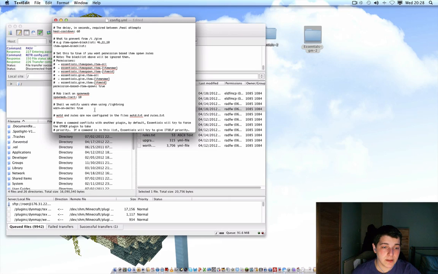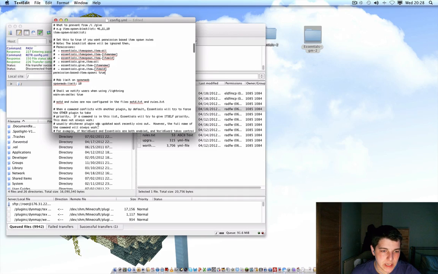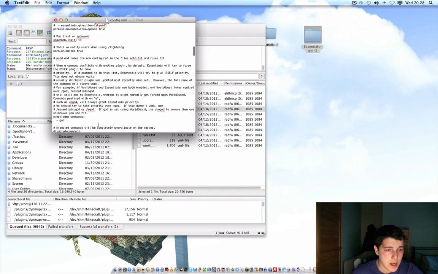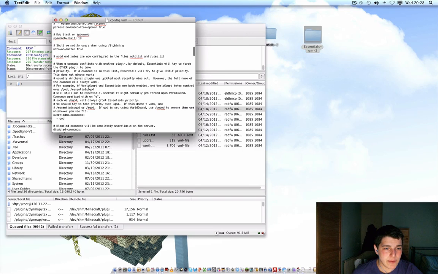The warn on smite is, say when you do /lightning and then you try it on a player, I think it knocks half the health off the player you do it to, and all that does is say, for example, Jadley1 has been smited. That's it. Pretty not important, I never use that, but all my admins and owners start to use it for some weird reason. Right, override commands. I've never used God mode because I have an additional plugin for that, but